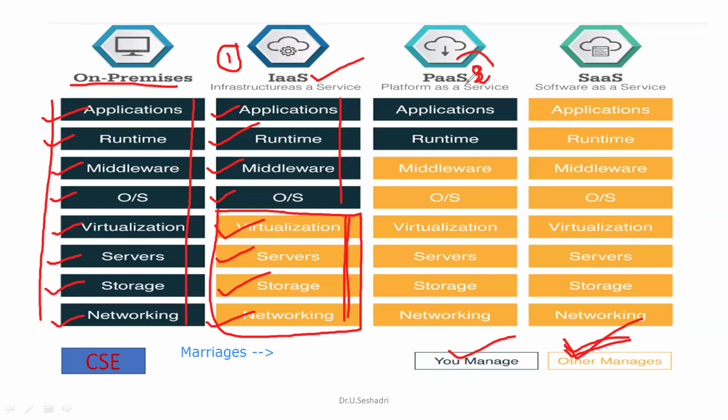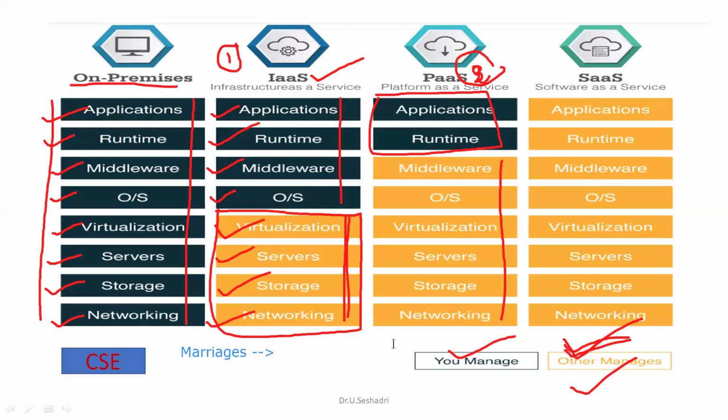Platform as a service, that is up to this part, others have to manage. Only these two things you have to take care of. I am representing them with separate colors. This color represents others have to manage. This color represents you have to manage. So the example for platform as a service here in AWS is